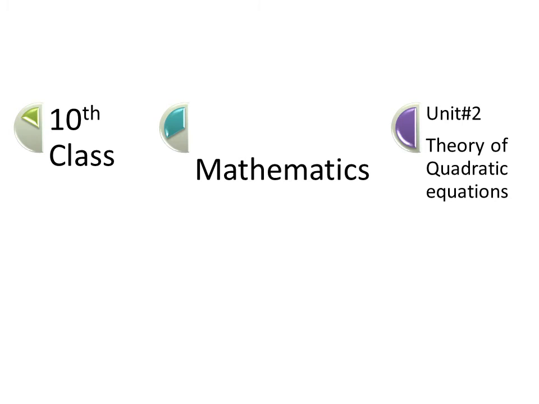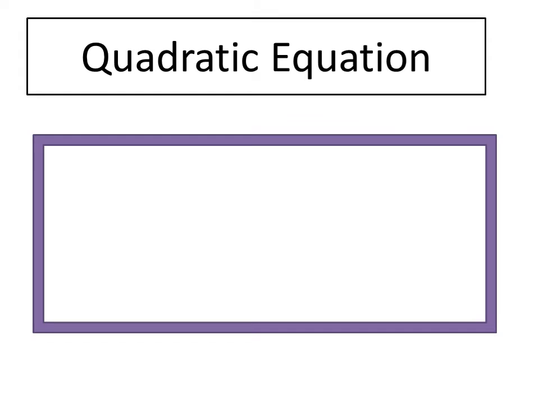Here is a class of mathematics for 10th class in which we have started unit number 2 and the name of this unit is Theory of Quadratic Equations. As we have studied, these are the equations that contain the square of an unknown variable. In these equations we use only one variable and the highest power of this variable must be 2. For example, you can see an equation ax square plus bx plus c equal to 0. This is an example of a quadratic equation because in this equation there is only one unknown variable which is x